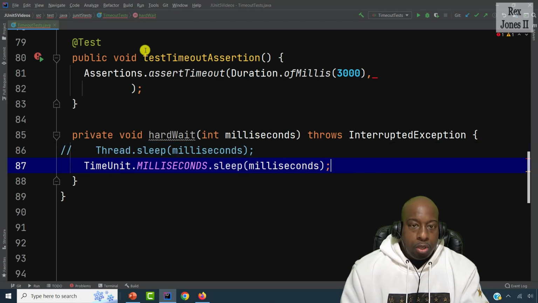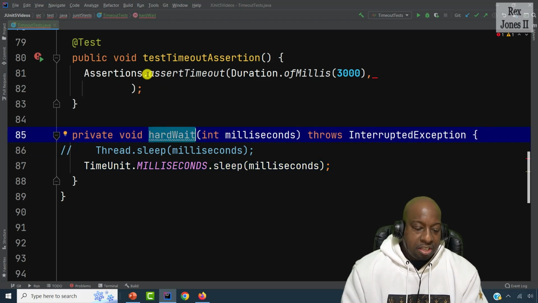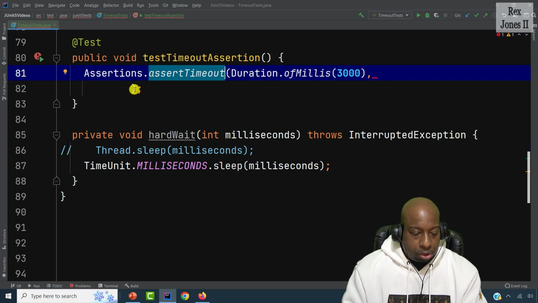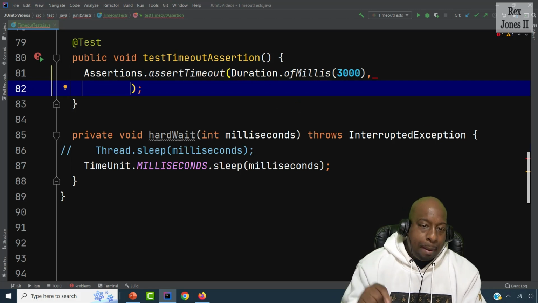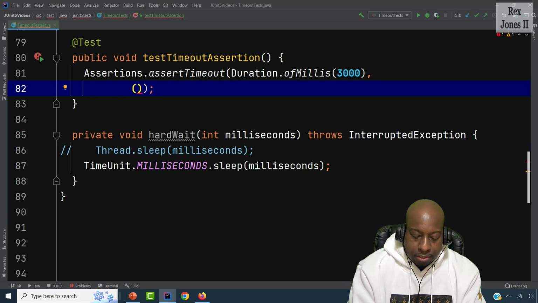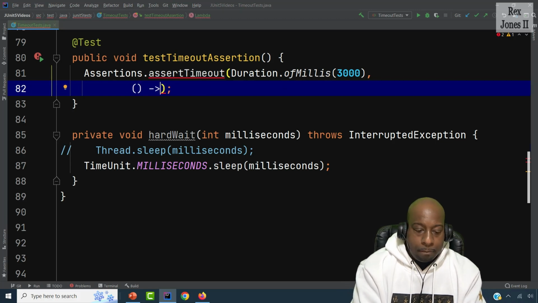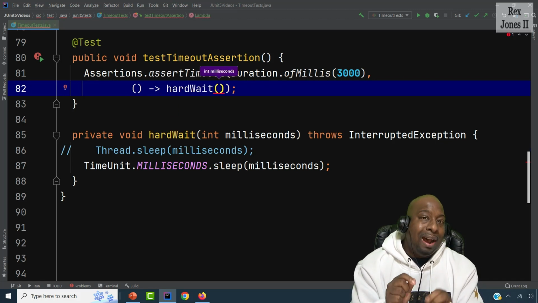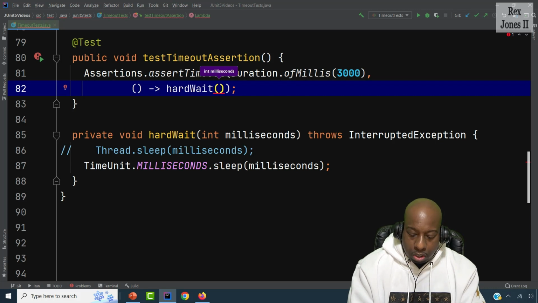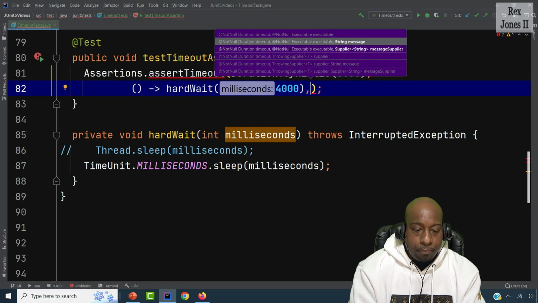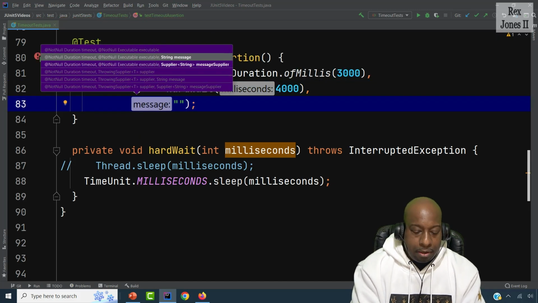At this point, we're going to call the hard wait statement because the assert timeout method needs an executable method. We call it using a lambda expression, starting with open and close parentheses, hyphen, the arrow, and let's call the method by writing hard wait. Now I will pass in a value of 4,000. Add a comma. The message will be,